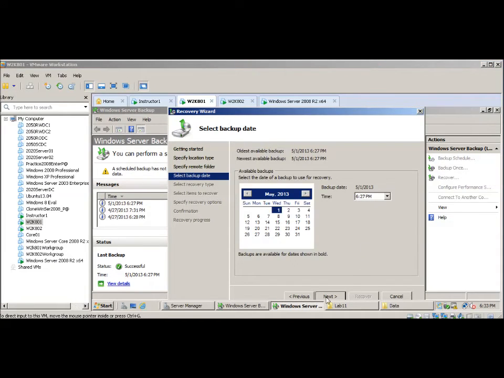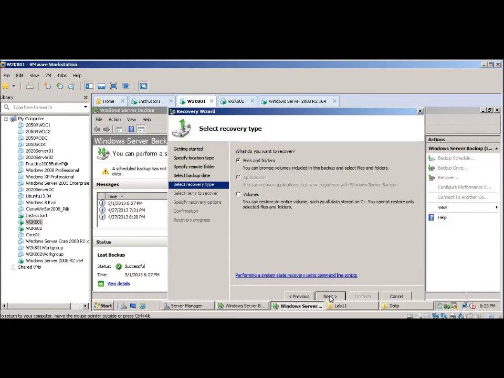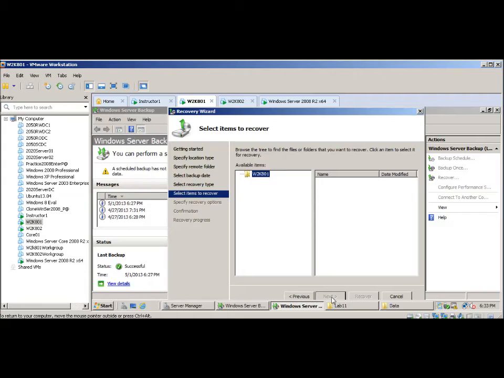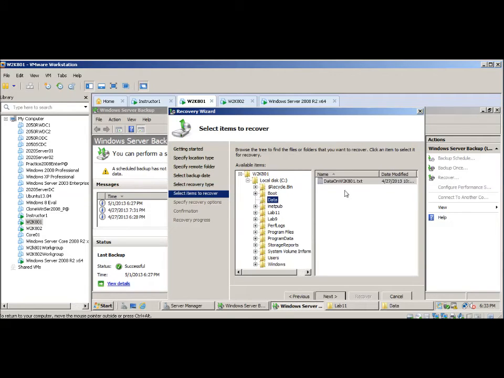Okay, it'll actually give us the date selections. The oldest one that we got out there is the one today because it overwrote the other ones. So let's go next. And we're going to restore just files and folders, so we're going to go next. And then we'll select our file. So let's bring this up here. Go to our data. And we've got our text document selected in the right hand side here, so we'll do